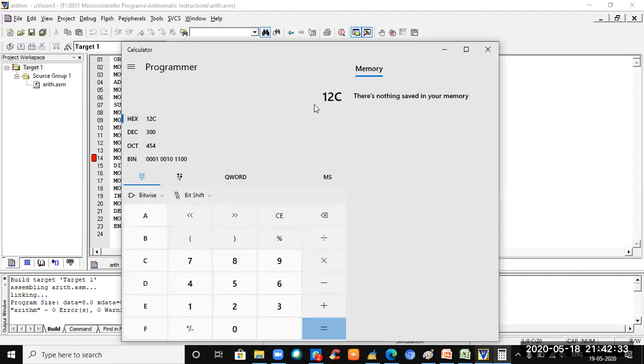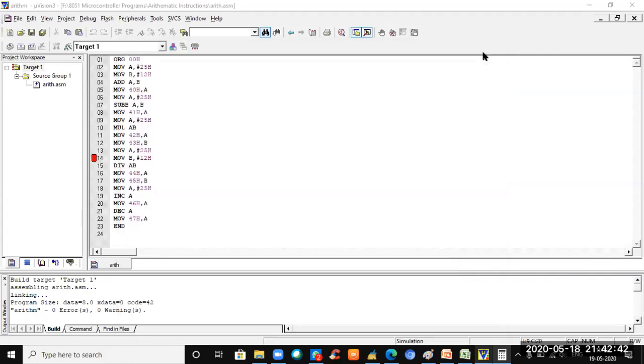I want in hexadecimal. So 12C. 12C means 2C will be saved in A and 01 will be saved in B. So A and B values will change. So A value you are moving into 42 and B value you are moving into the direct address 43H.